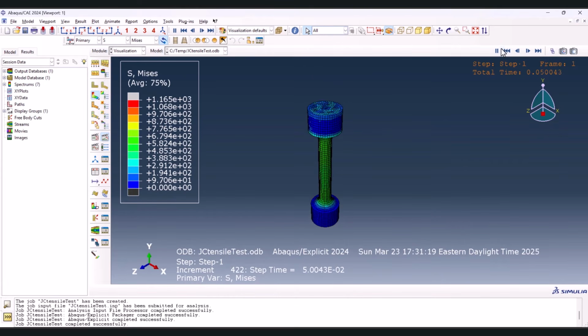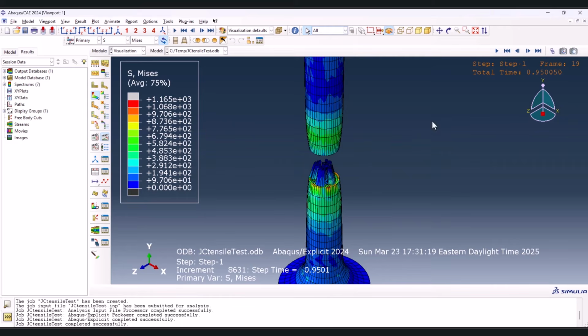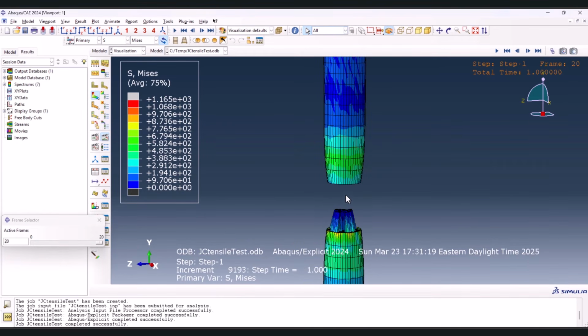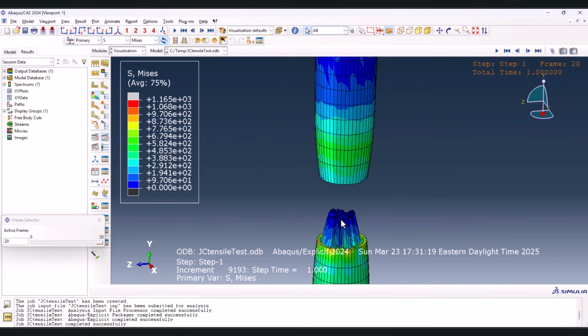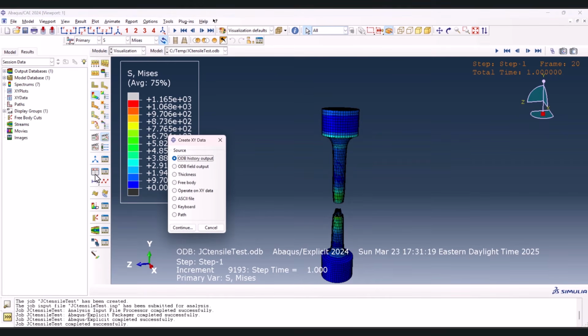Okay, I'm gonna stop it just right here. And as you see, there's a fracture here, apparently a ductile fracture. Let's have the force versus displacement. Okay, from here we go to ODB field output,